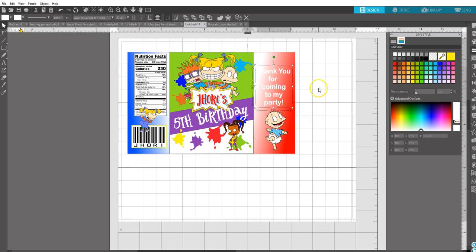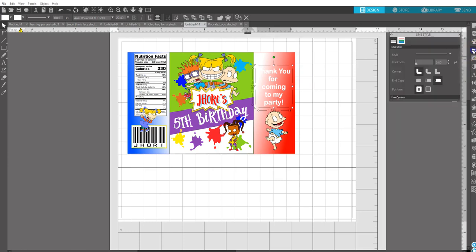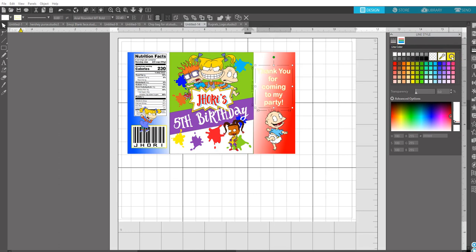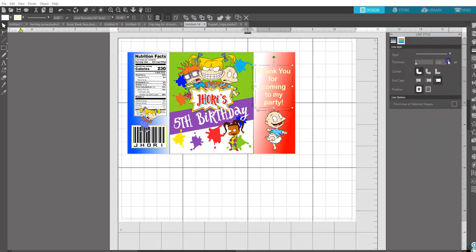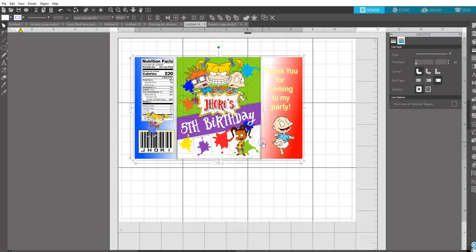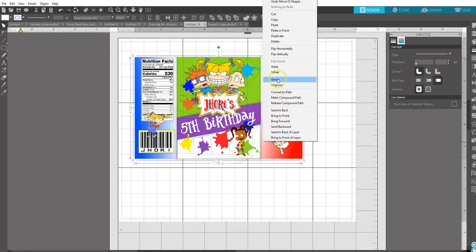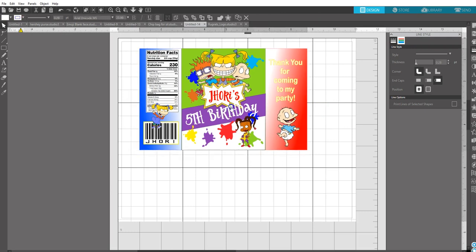And actually, I have to use an outline because I can't see the white with that area. So I'm going to do a line style. I'm going to put the outside yellow. And that's how I would design it. And now I'm going to group everything together. And once everything is grouped,